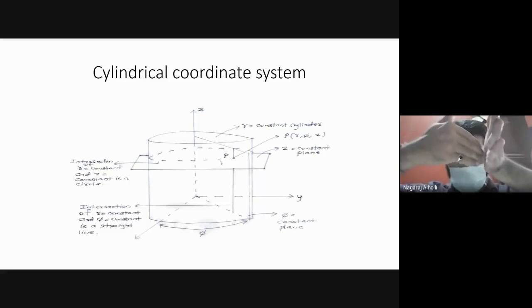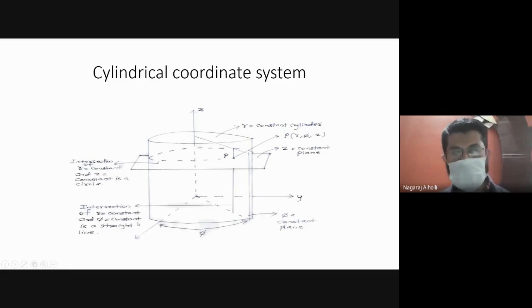So when you place it at an angle phi, what is happening here? This portion and r equal to constant are intersecting, and it is giving a straight line, because this is our plane and this is the radius. When they intersect, it gives a common line between r equal to constant and phi equal to constant. This is phi equal to constant here. It's making a certain angle, and then the intersection of phi equal to constant and r equal to constant will be along a line.